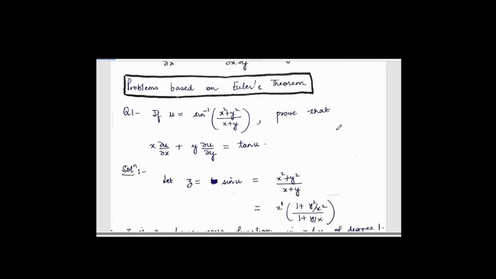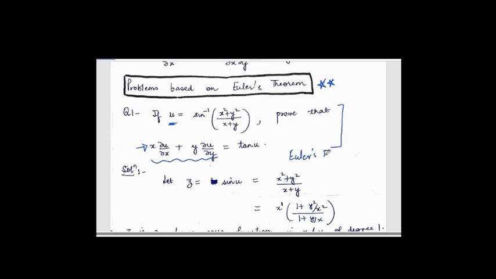So let's quickly flip through the problems which are really important from exam point of view. Problems on Euler's theorem are going to look like this. A typical problem on Euler's theorem looks like this. You'll be given a function u which looks like something which is not directly homogeneous, but you can extract something out of it which is going to be homogeneous and then apply the theorem to it. So suppose u is sine inverse of x square plus y square upon x plus y, then you have to prove certain result about u. But looking at the left hand side, this gives you a prompt of applying Euler's theorem, because whenever you see independent variable into the corresponding partial derivative plus another independent variable into the corresponding partial derivative, this prompts you to use Euler's theorem.